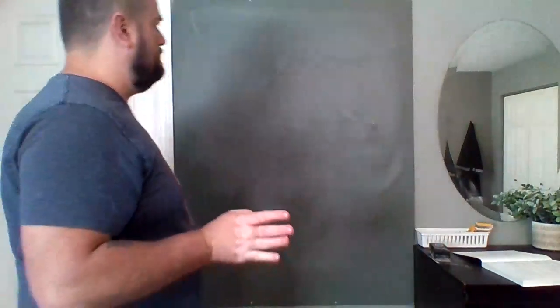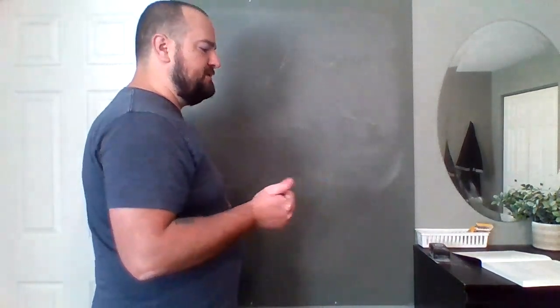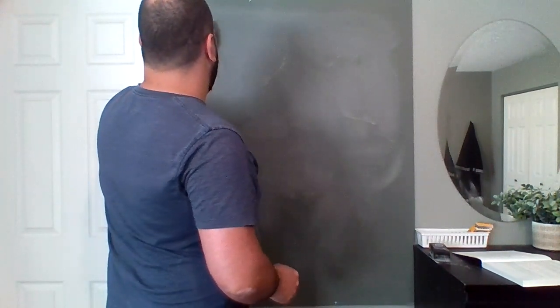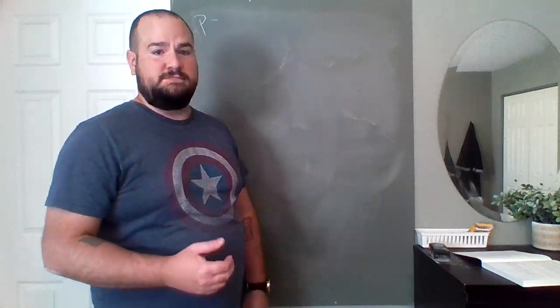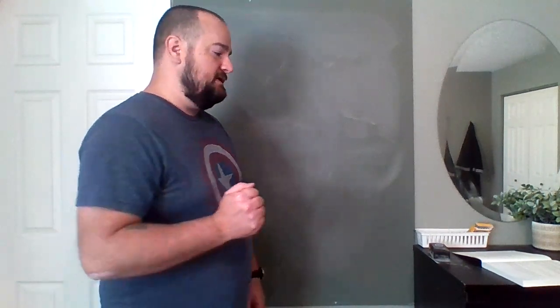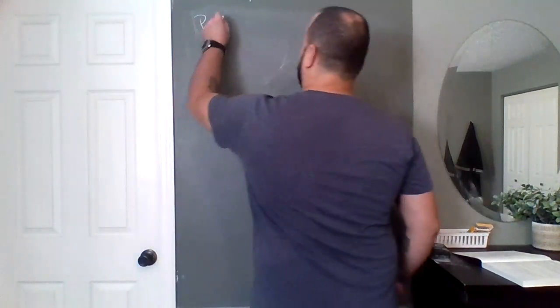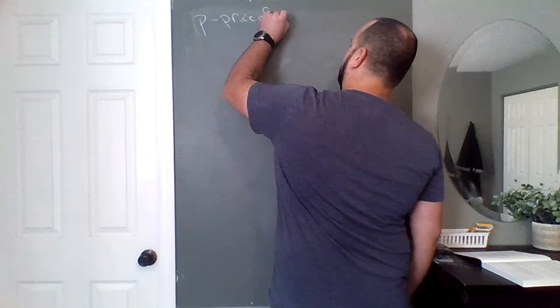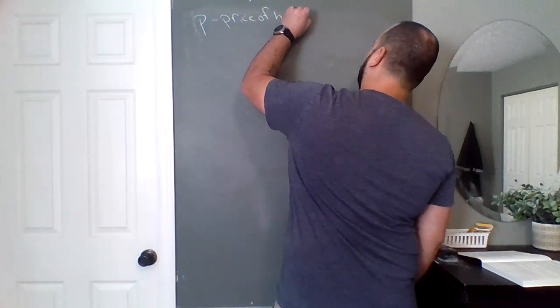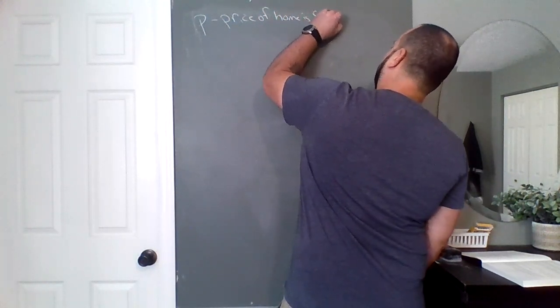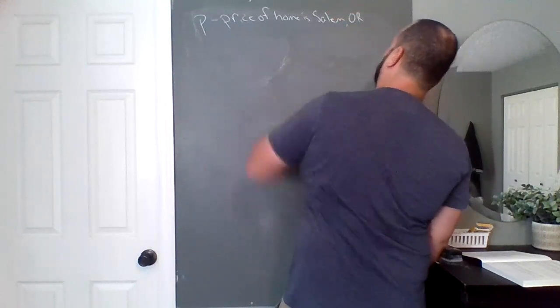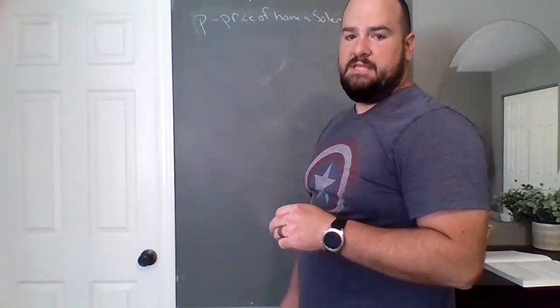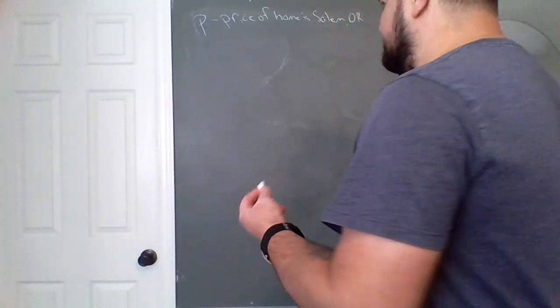The problem said let P, so we have variable P, that's an easy one, it tells us in the problem, it's the price of a home in Salem, Oregon. And our other variable it tells us in there is T,